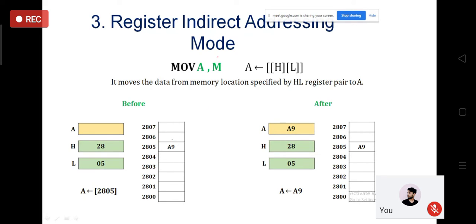M is actually residing at HL, which means 2805. So 2805 is the location. This is a memory actually. It is containing the A9 value. The value is A9. The value is not